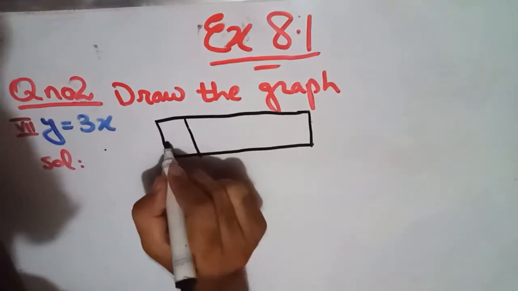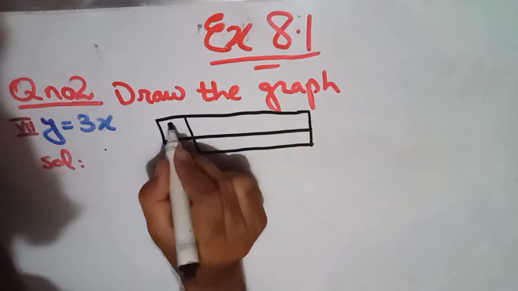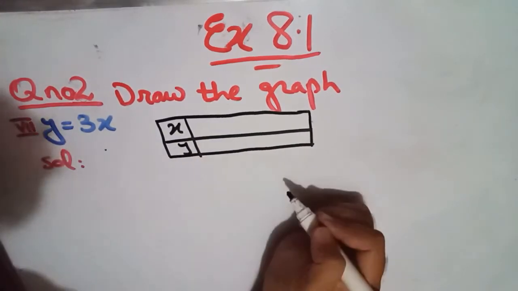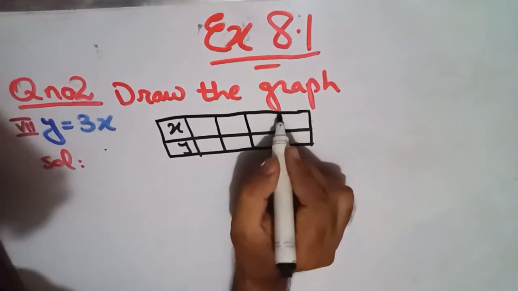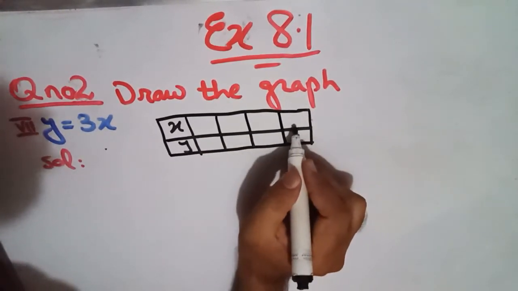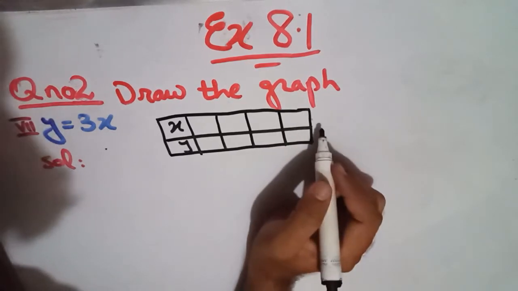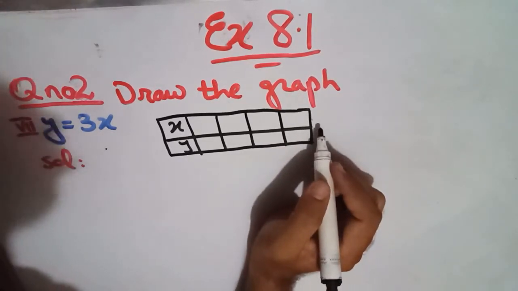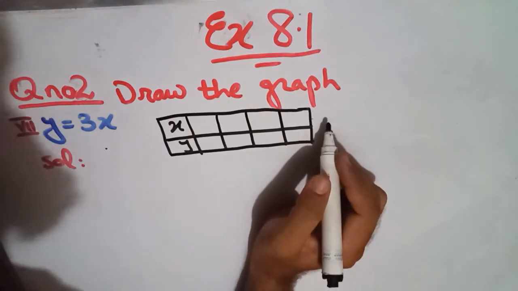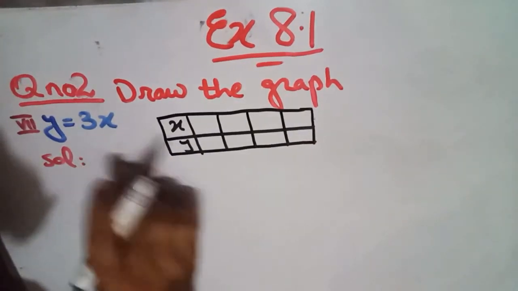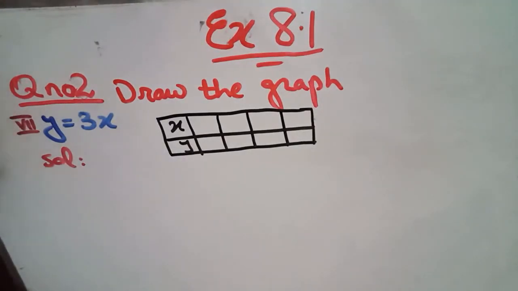There we have the value of x and the value of y. So first value, second value, third value and the fourth value. You will take the values just up to 4. If you want to take more values, then it is up to you, it is your will. So I will just tell you the concept of how you find the value of y by putting the value of x.